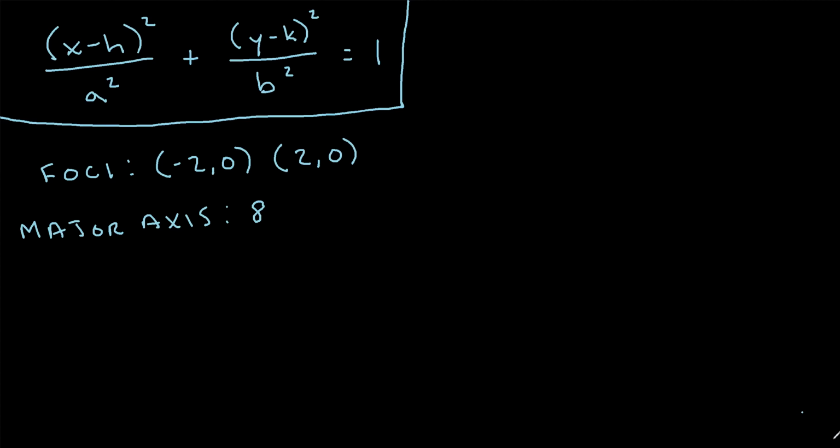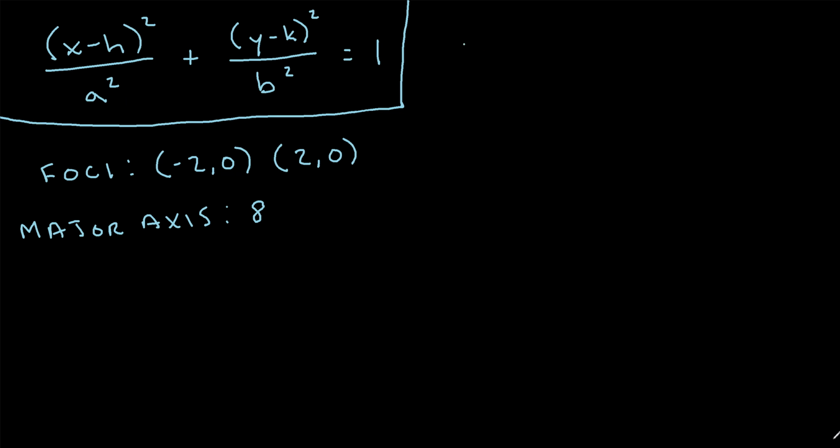In this video, we'll talk about how to find the equation of an ellipse given the foci and the major axis length. So recall that an ellipse has the following equation: (x minus h) squared over a squared plus (y minus k) squared over b squared is equal to 1. And remember, the a squared and the b squared can be interchangeable depending on whether the ellipse is vertical or